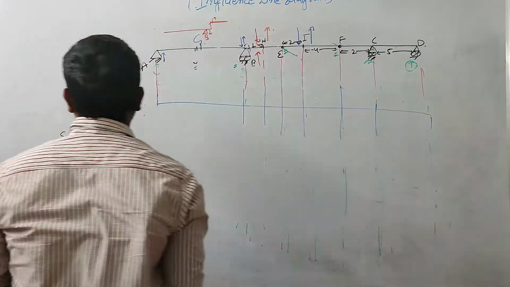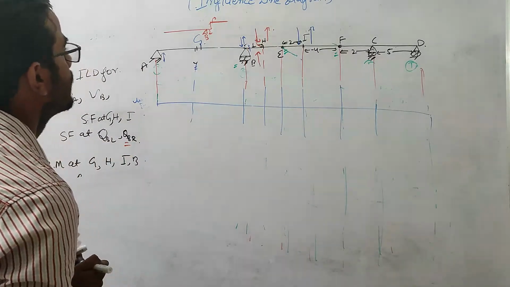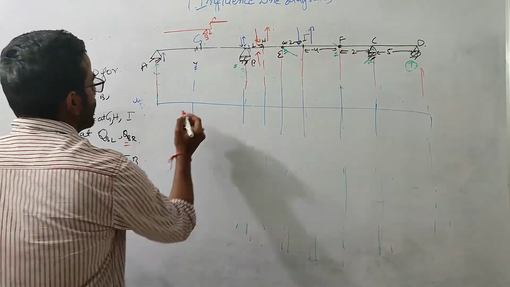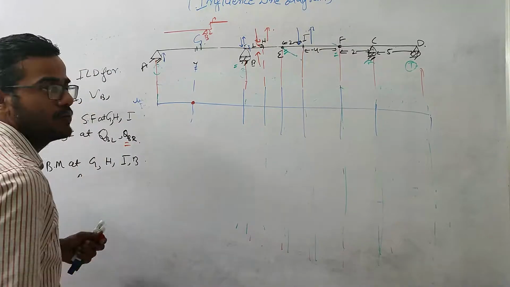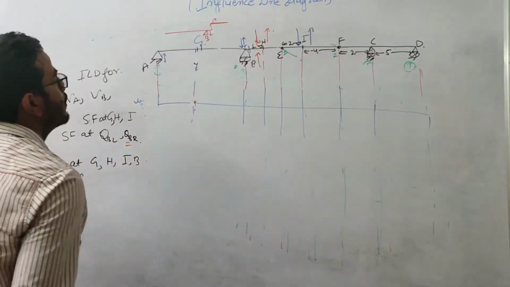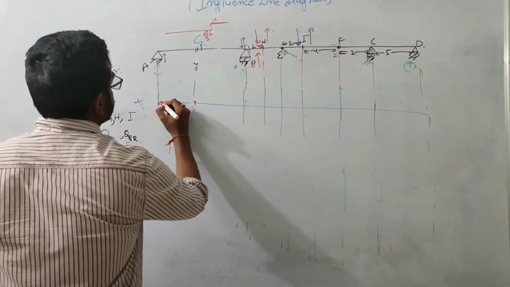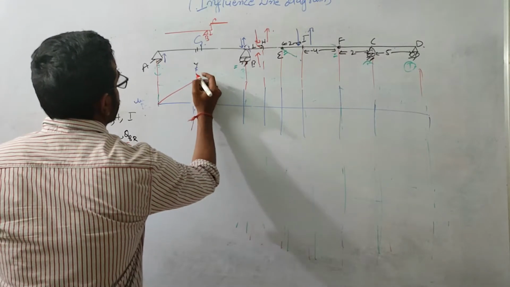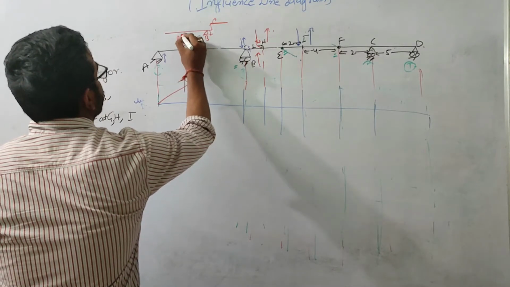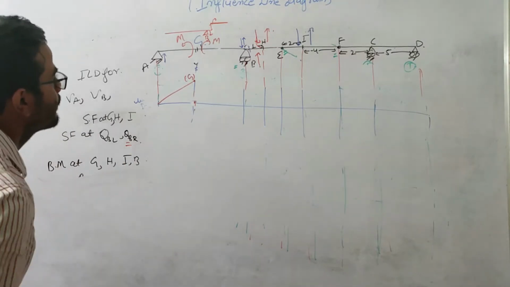Now we need to draw the ILD for point G. What we need to do over here is provide an internal hinge at this point to release moment. When we are providing the internal hinge over here, how will this beam deflect? It should deflect by unit amount. So this portion will move up. Let us suppose at point G the moments are acting in this direction, so along the moment we are giving some unit displacement.